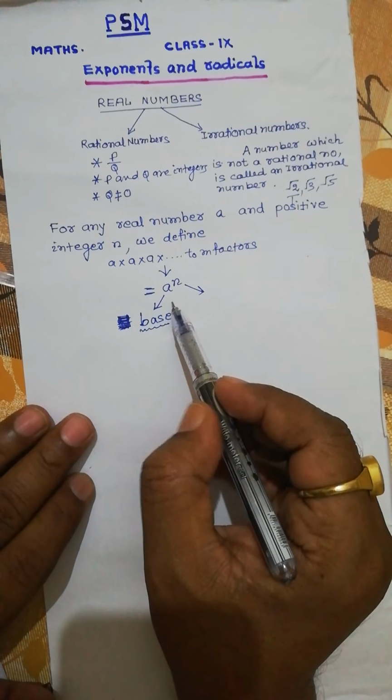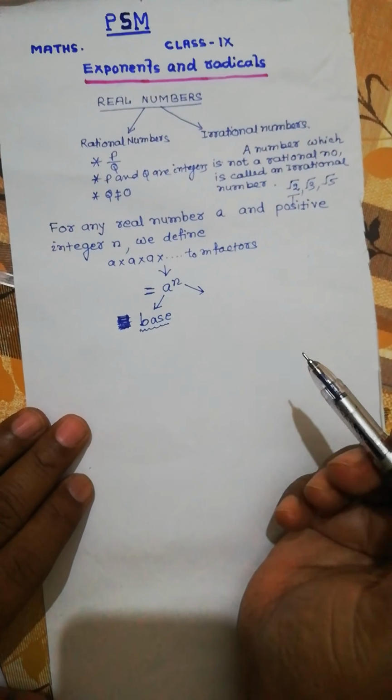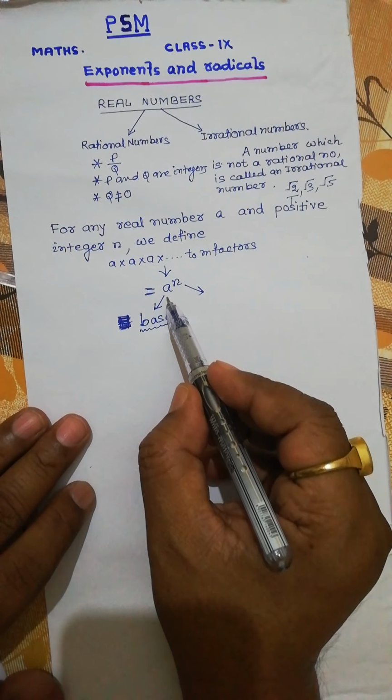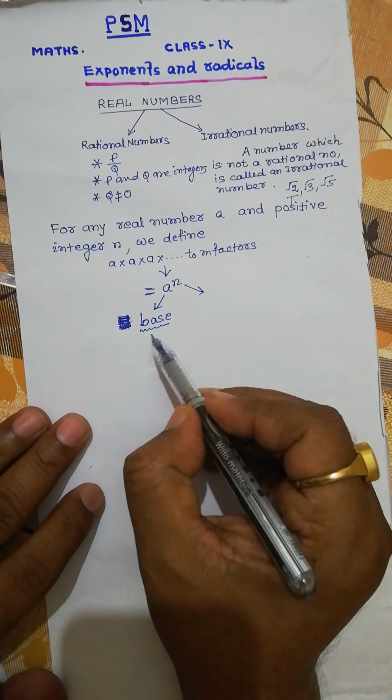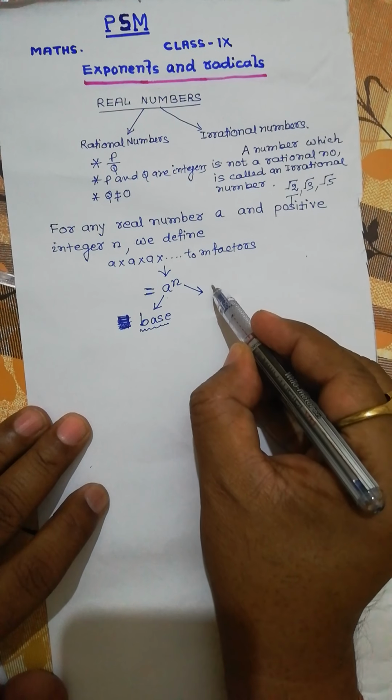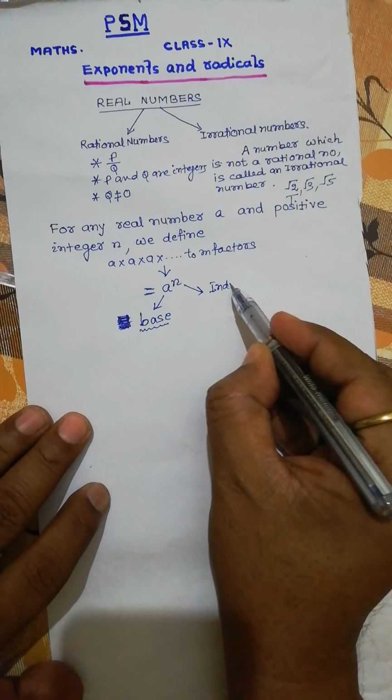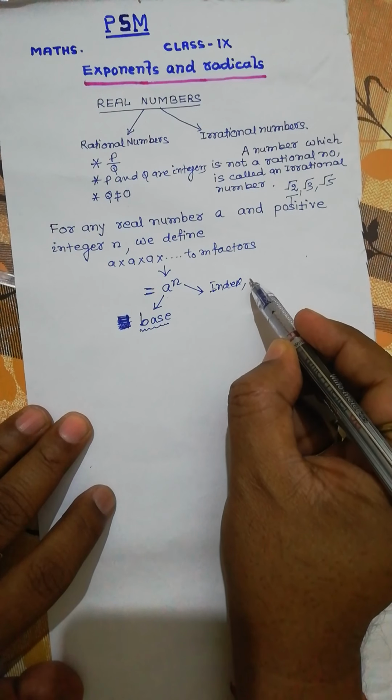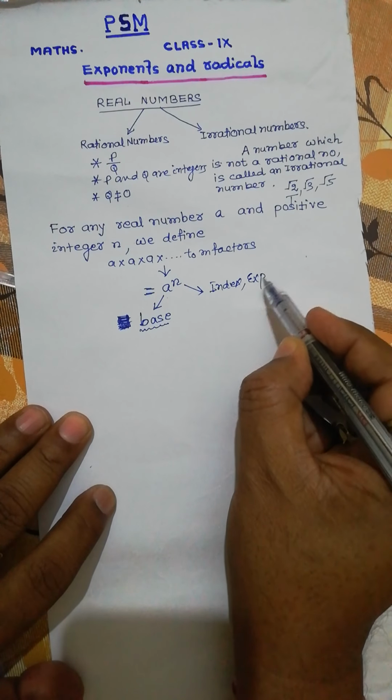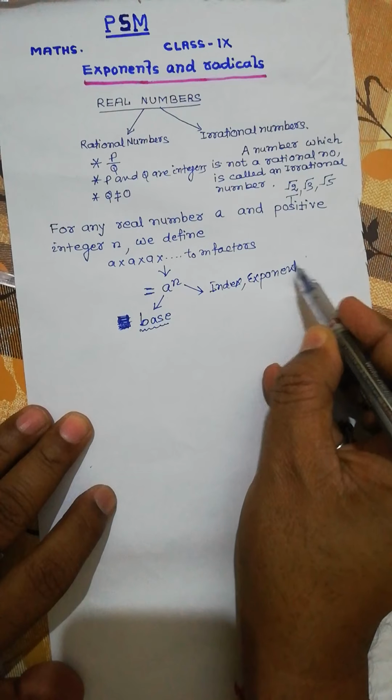That can be converted to a to the power n. So this a to the power n, a is called base, n is index or exponent or